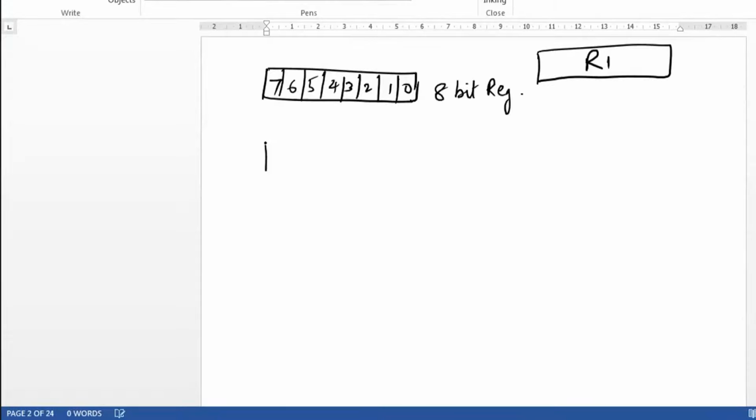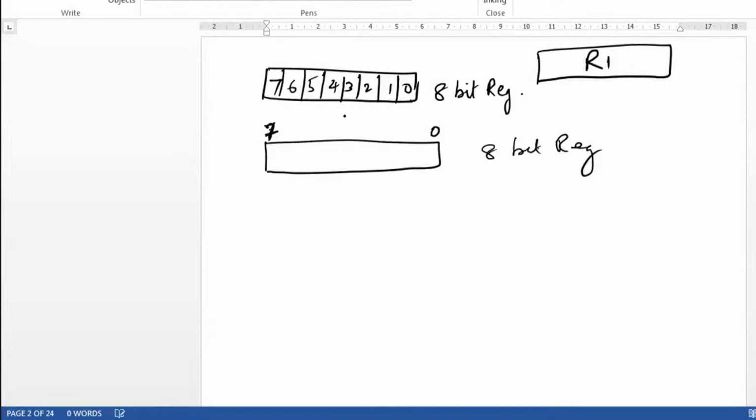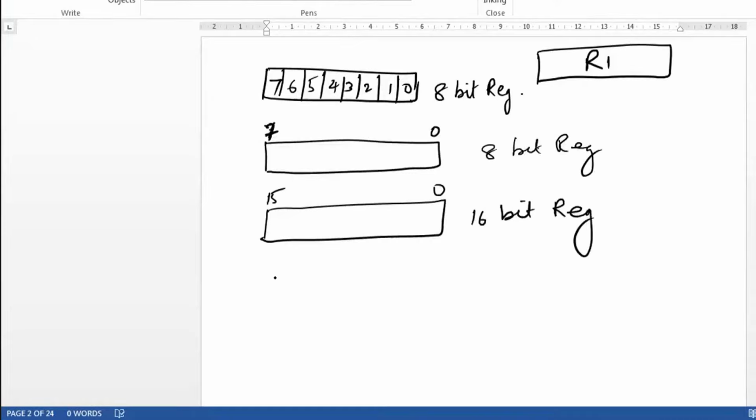You can also represent a register like this. See, we are going to study how to design circuits. We are going to study hardware implementation as well. Okay. So here, when I write 0 to 7, again it means it is an 8-bit register. No need of representing each and every bit separately. When I write like this, it is a notation used for representing registers. This means this is a 16-bit register. Okay. Again, in some registers, you can represent it like this also.